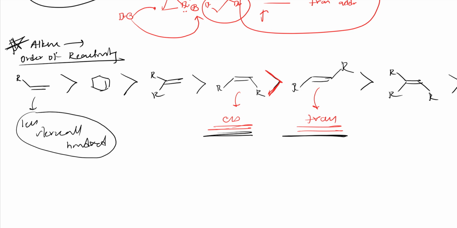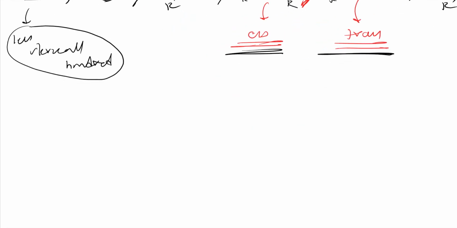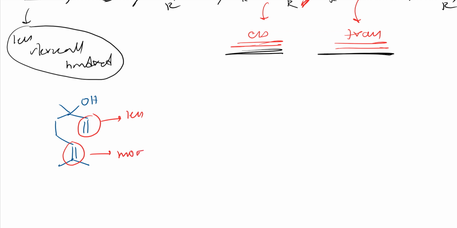A few more reactions, let us see. If you see them, you will get it. You should be able to tell these things now if I ask you. I have an alkene here, and also I have this alkene, whereas this one is less hindered and this one is more hindered. To this, if I add Wilkinson catalyst in the presence of hydrogen, then what happens? Only this one will be reduced, not this one.